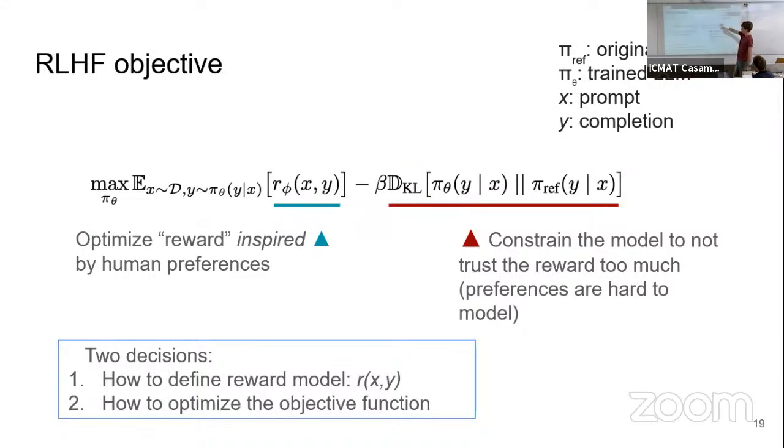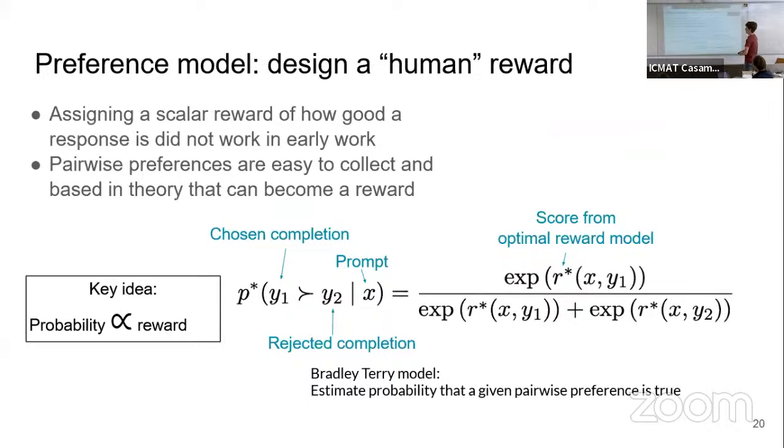Let's think this is the objective. But we still have to take two decisions. The first is, we have a reward model, not just rewards, but actually a whole model that runs. So we need to define that reward model that is going to learn from the human preferences. And the second decision is, how do we optimize this? That's the RL part. For the reward model or preference model, we can treat them like synonyms.